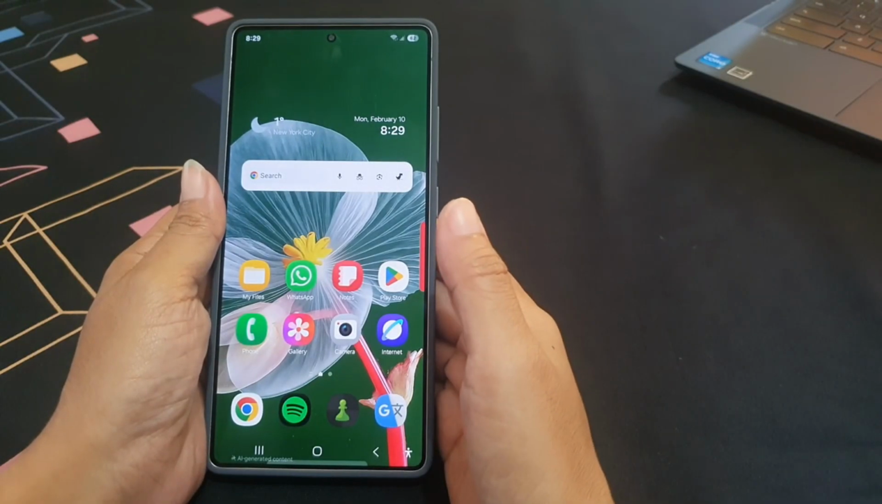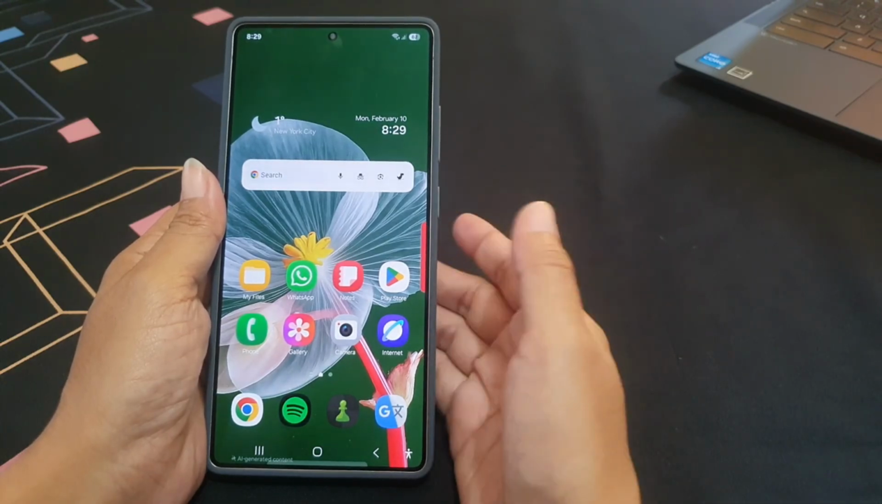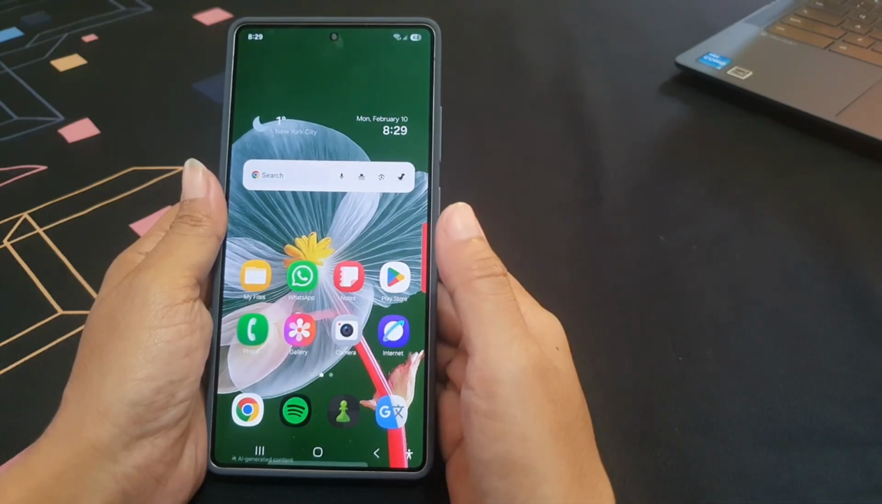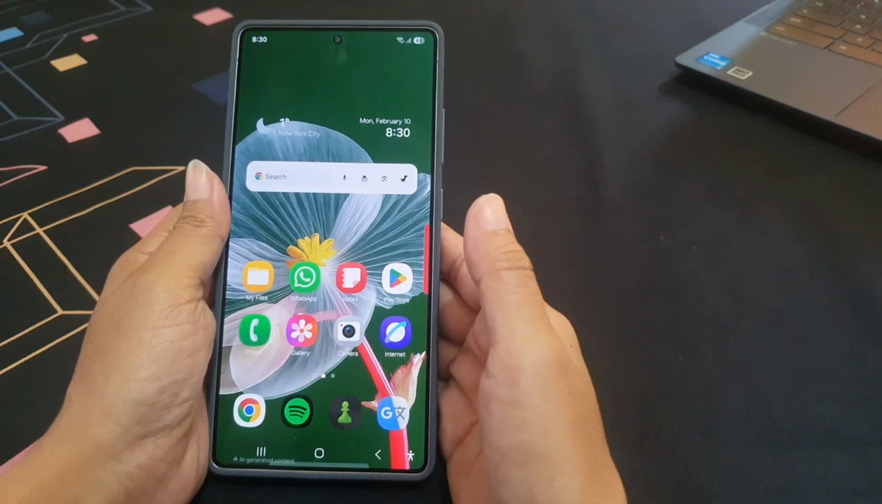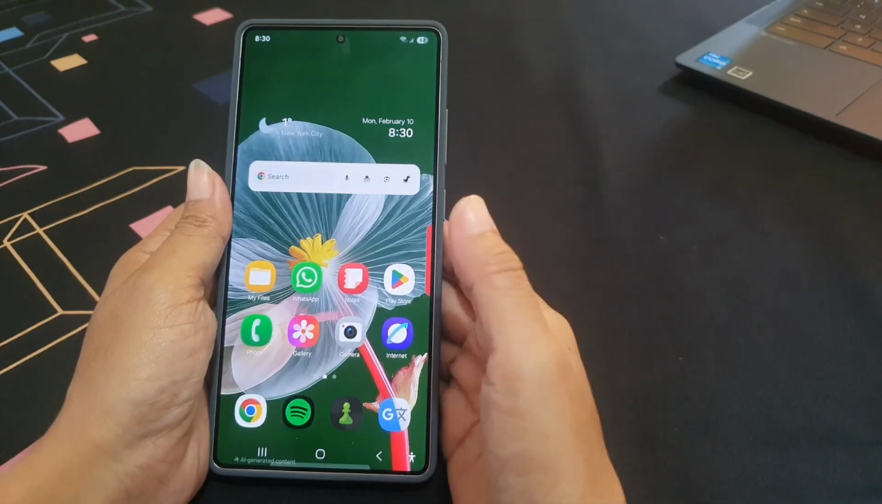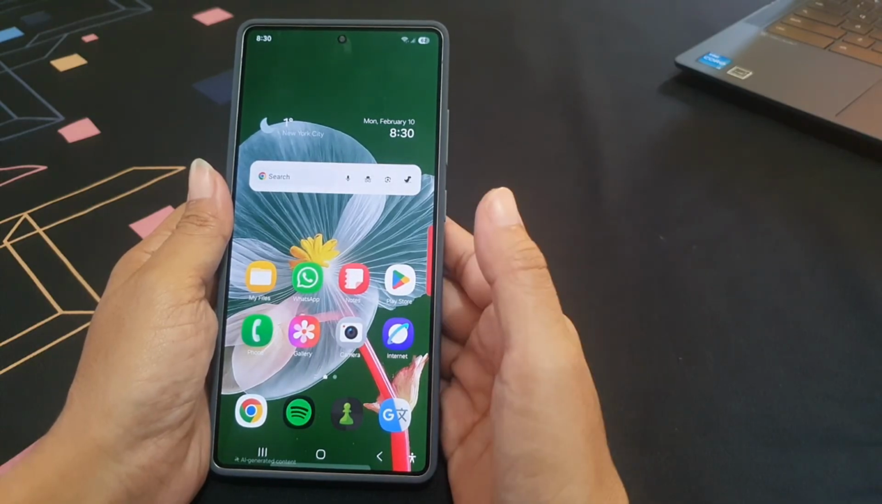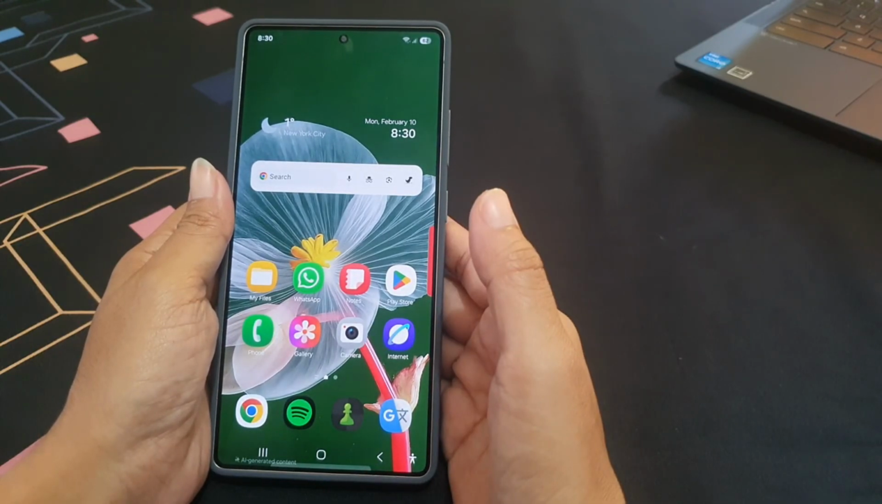To automatically switch to mobile data when your Samsung Galaxy S25 Ultra's Wi-Fi connection is slow, you have to enable the switch to mobile data option. To do so, swipe down from the top right corner of the screen to open up the quick settings panel,